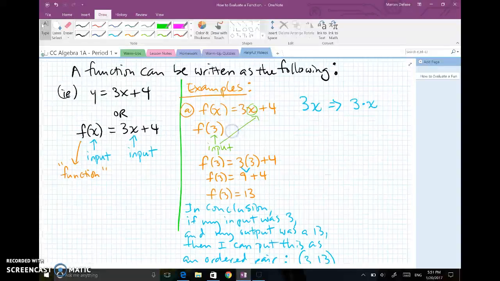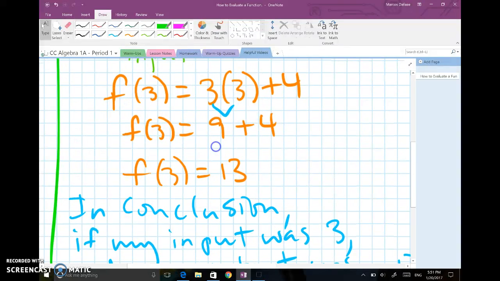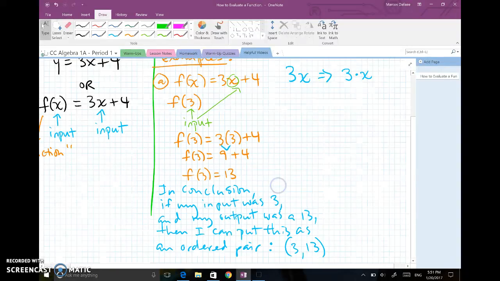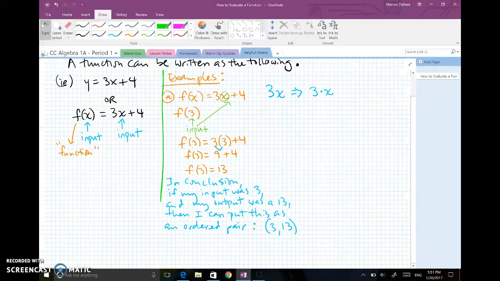It creates that number 13 because your input is being multiplied with the coefficient of 3 and then added to 4. And it doesn't matter what we use. We will always get an output that is very unique and specific to the input that we have put in. So if I were to use a table, for example, using a table of values,